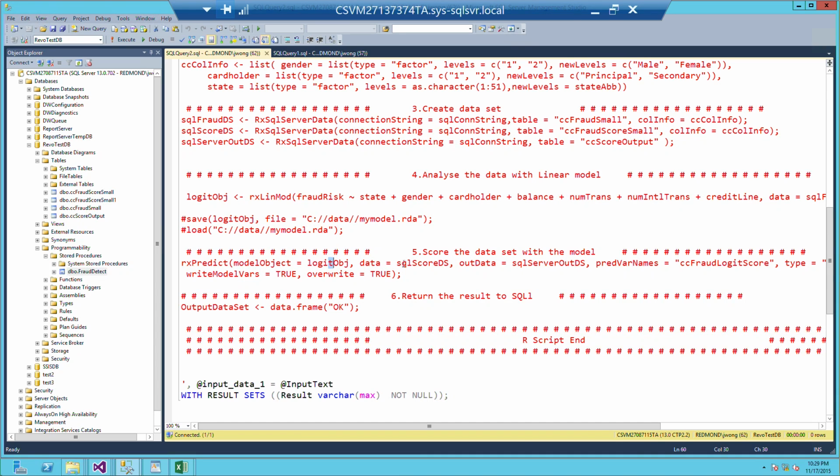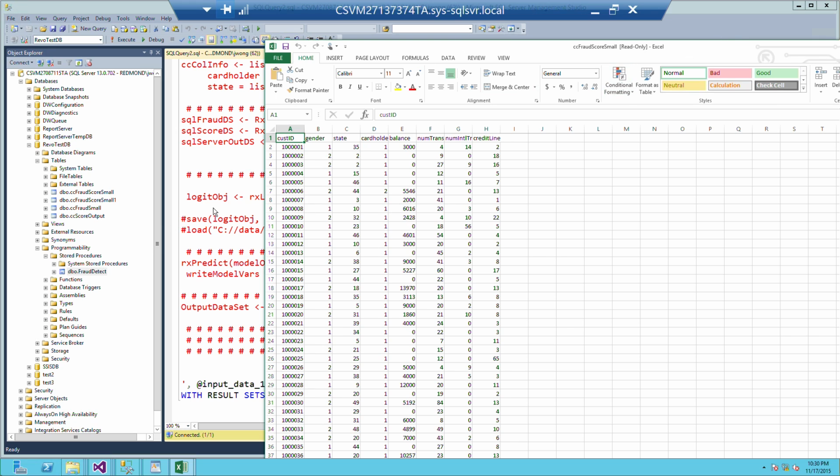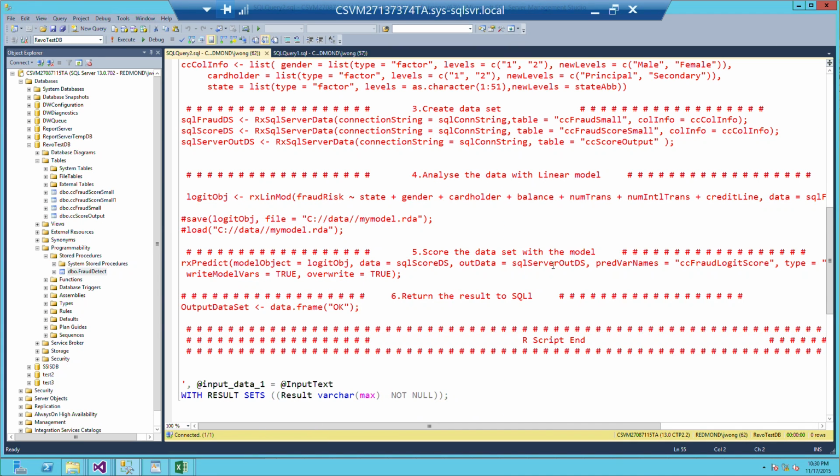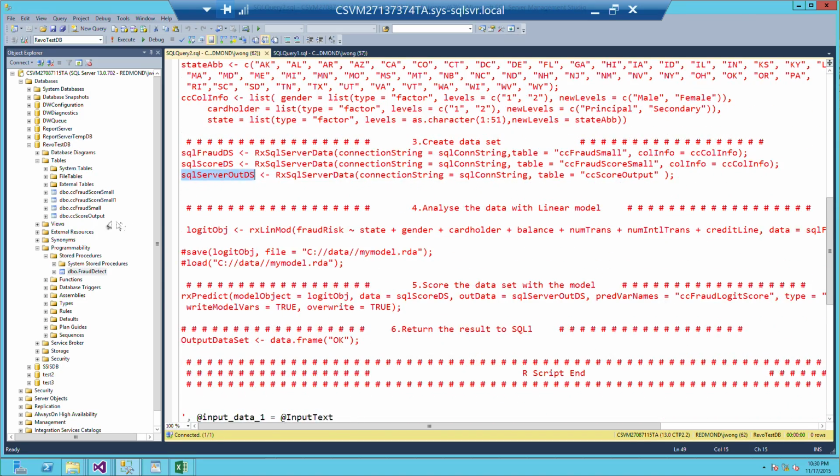You have the data, which is this real customer data. You tell it to output the result to the output data object. Once you have the result, you can save this output back into the relational DB, which you specify here. Now, after you run this script,